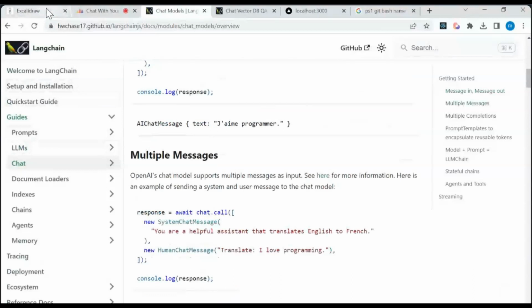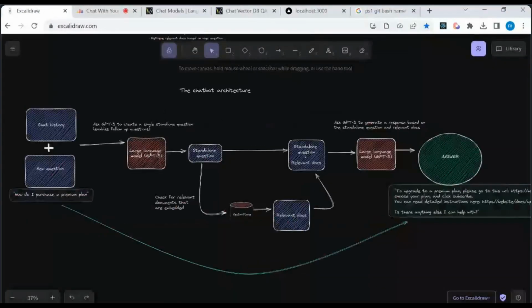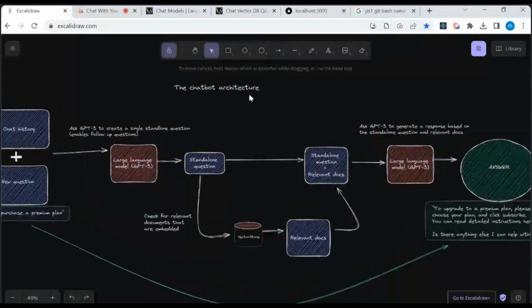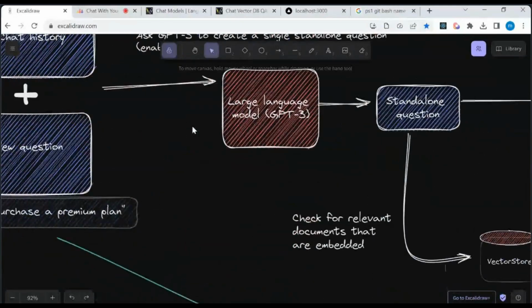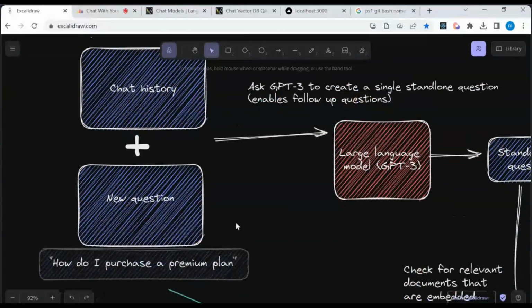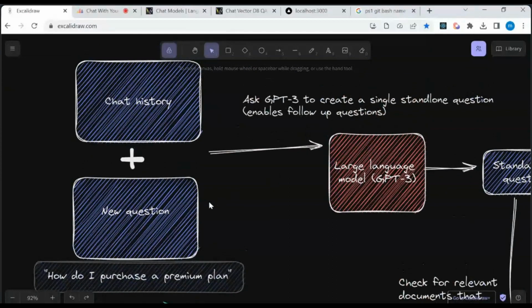So if I jump in to this diagram, this is effectively what the vast majority of chatbots are going to end up using. This is the architecture of a chatbot. So you basically have a question. So how do I purchase a premium plan? This is a question to your document, right? And this question is effectively